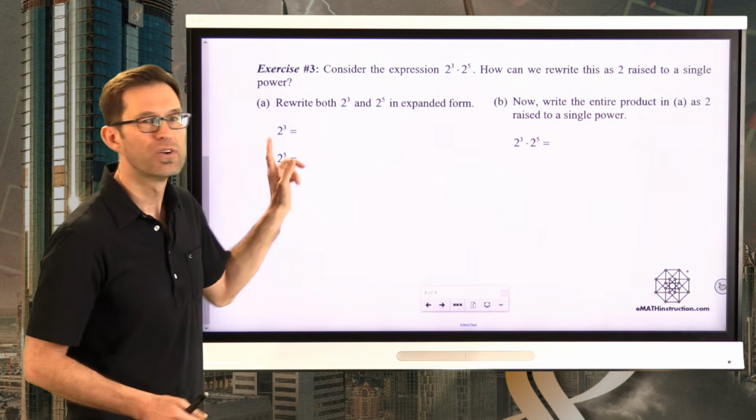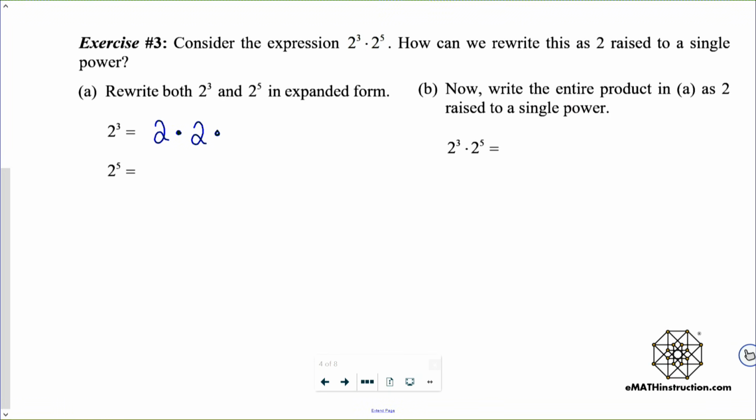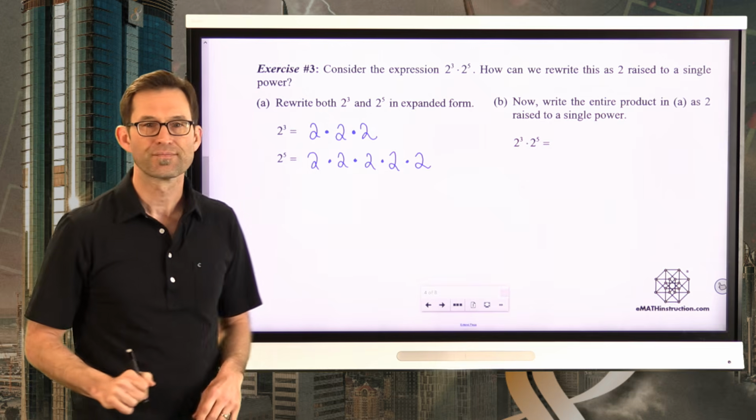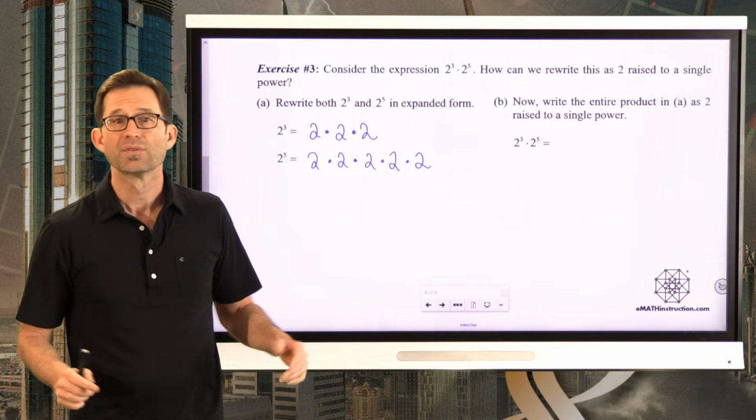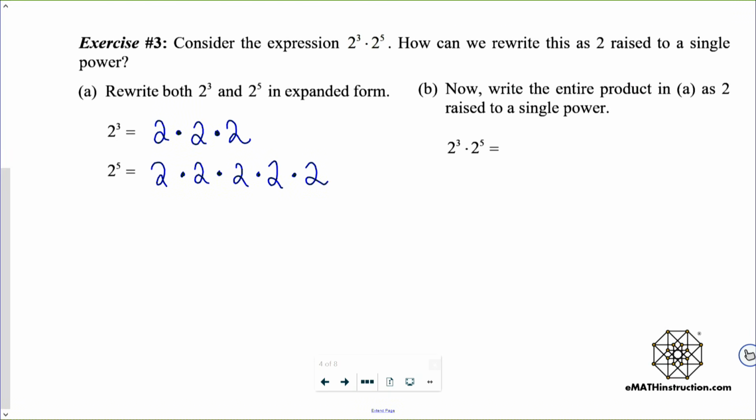Let's do it together, right? 2 to the 3rd, that's just 2 times 2 times 2. And 2 to the 5th is 2 times 2 times 2 times 2 times 2. Whew. All right, so letter B now says, now write the entire product in A as 2 raised to a